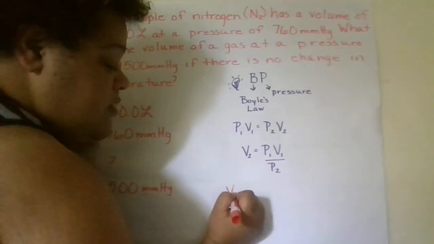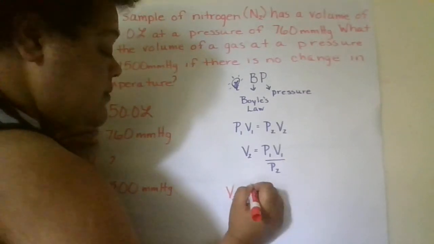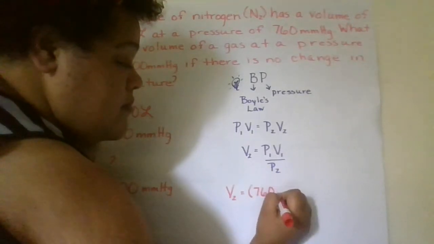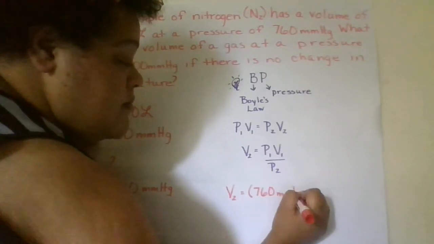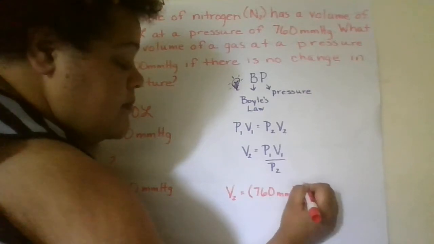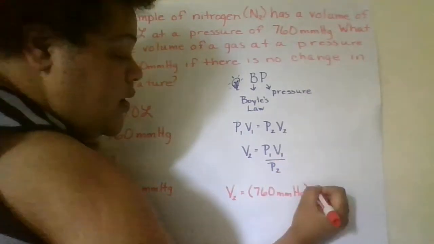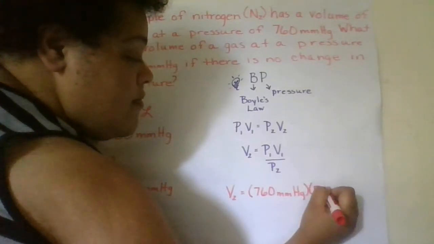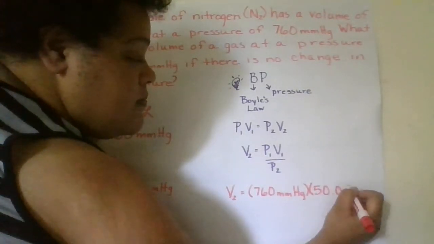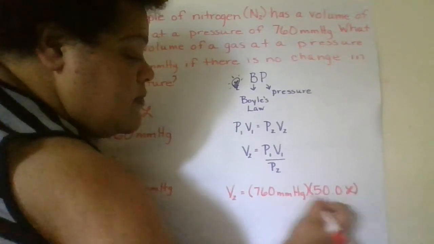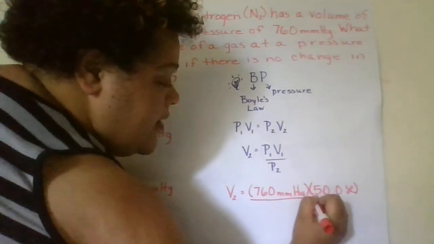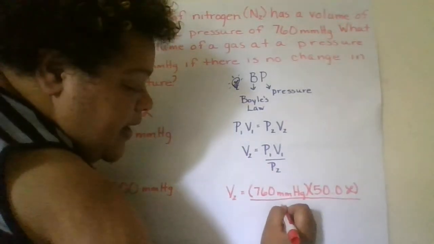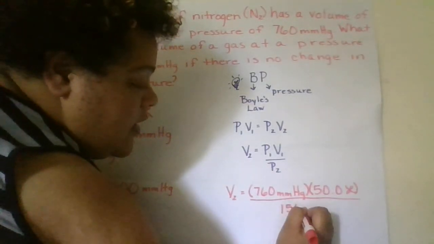So we write V2 equals 760 millimeters of mercury multiplied by V1, which is 50 liters, all divided by P2, or the pressure. So there we have 1,500